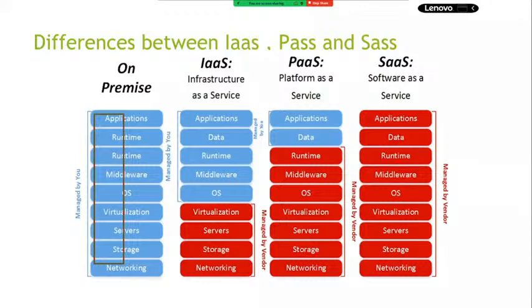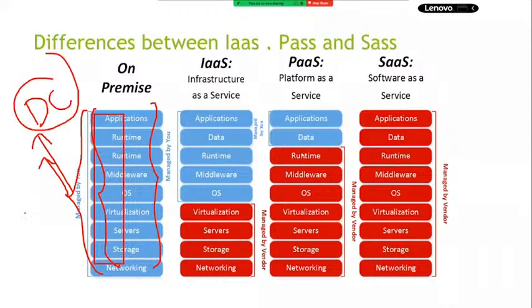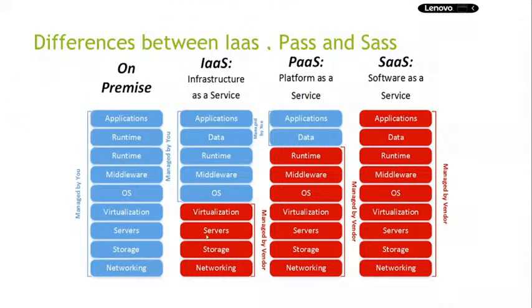To perform all these things, we required one thing. What was that? Any idea? Just now I said, to maintain all these data components, yeah, we required our own DC, data center. That is on-premises. Next, in the cloud, if you go for infrastructure as a service, carefully observe